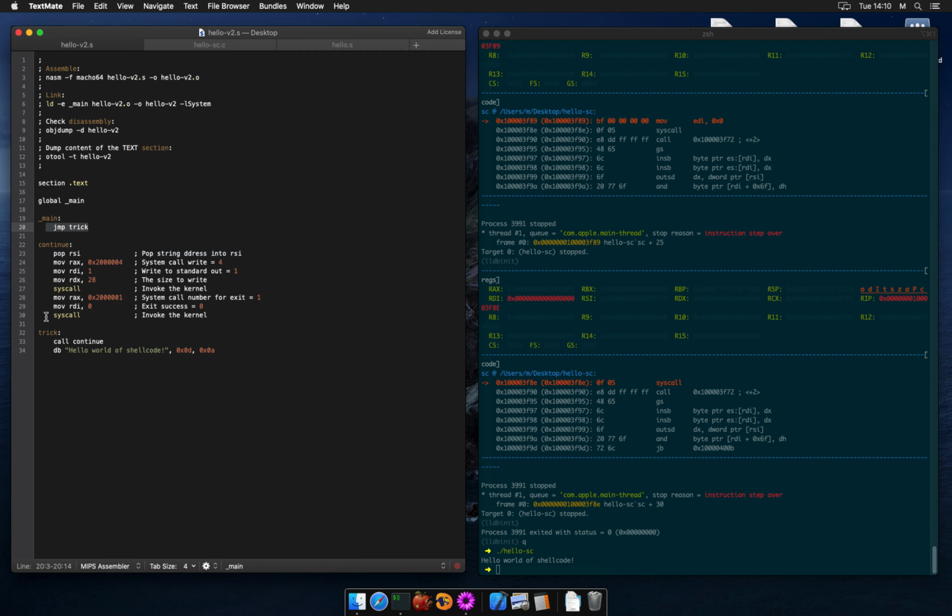First was a jump to a defined label, followed by a call to another label. The call would place the following address, in this case the string, on the stack ready to be popped. I hope you like this short but cool trick and you'll recognize it in your future reverse engineering work. Make sure to play with the code and debugger on your own.